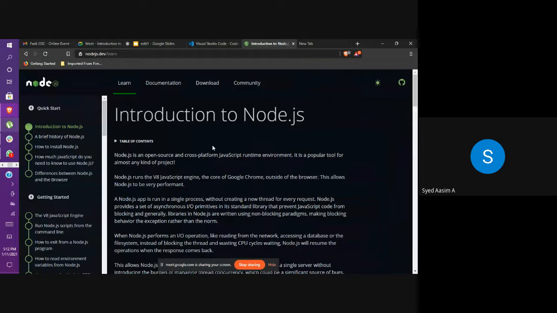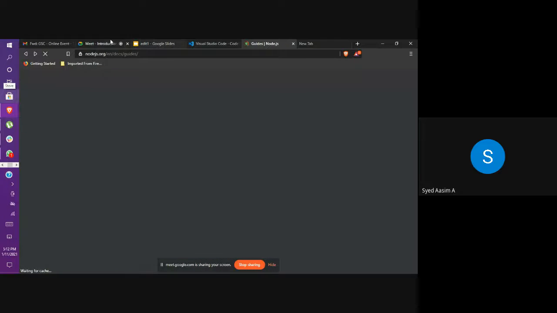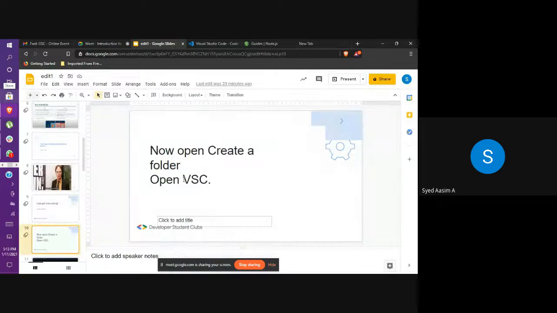And you have to have Node.js. Node.js is basically what supports the JavaScript environment. You can download it from its official website and it's free of cost. So yeah, and coming back to